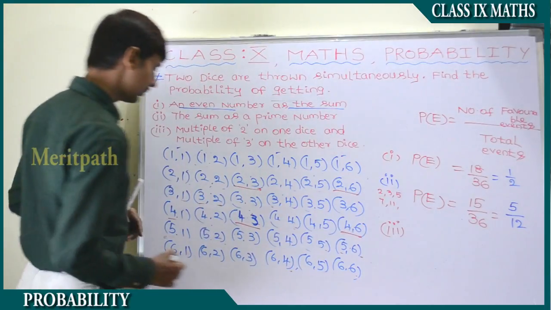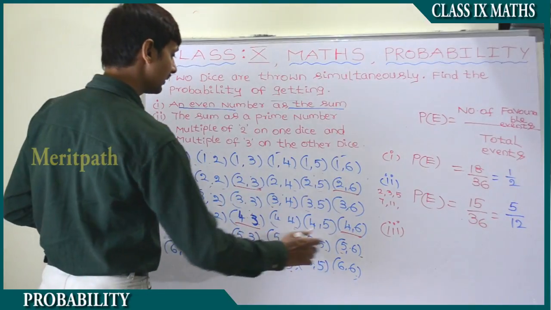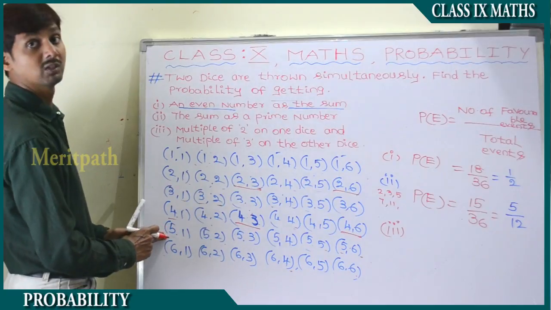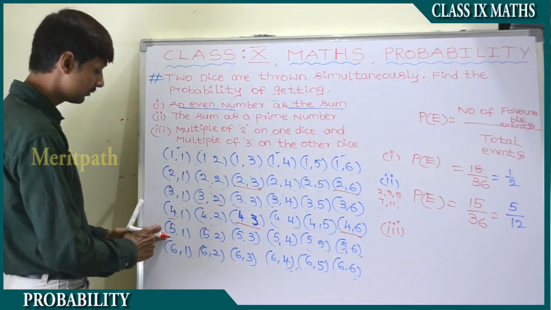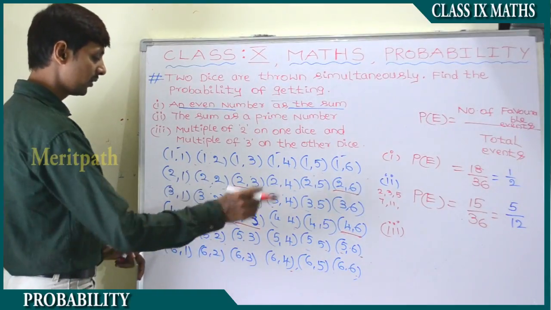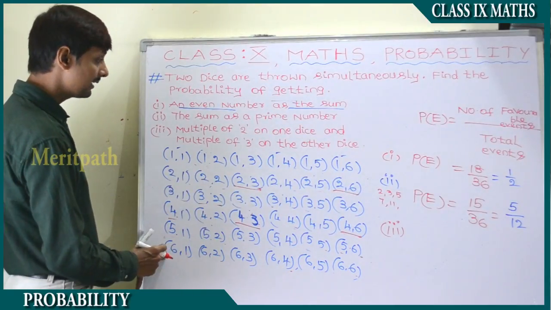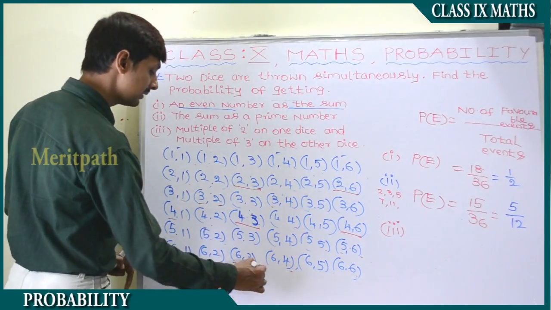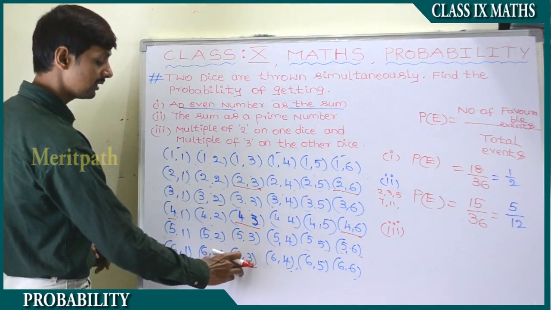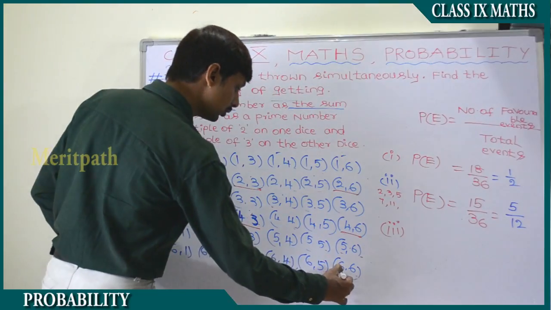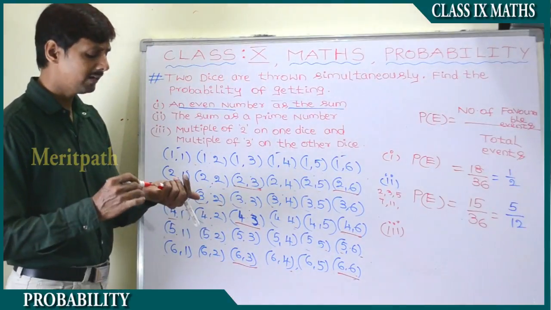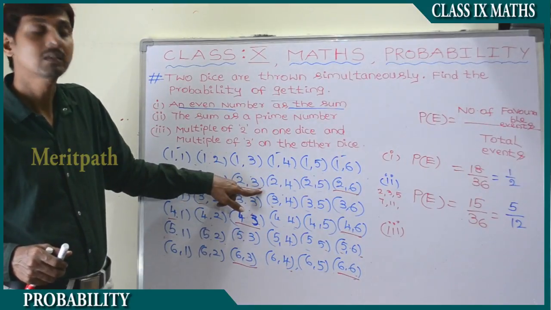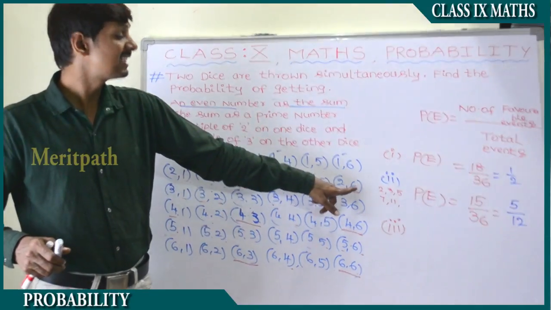And 4, 6. And let's say it's not possible because 5 is not a multiple of 2, so this row is not possible. And the next multiple of 2 is yes, it's possible, and a multiple of 3, and this is okay. Multiple of 2 and multiple of 3. Let's recall again: 2 is a multiple of 2 and 3 is a multiple of 3. 2 is a multiple of 2 and 6 is